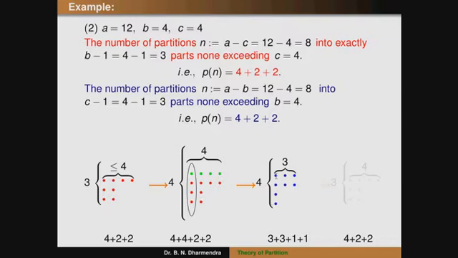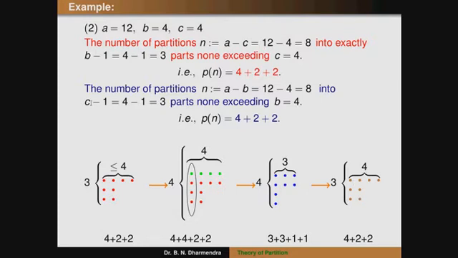So what is the conjugate? What we can take as the terms is 4 plus 2 plus 2. So therefore that can be written as 3 rows, that is 4 plus 2 plus 2. You can observe 3 rows means the terms of 4 minus 1, and also 3 parts. Okay, you can observe 3 parts and none exceeding 4. So when I have to take that column, none of them exceeds 4. So overall that partition is 4 plus 2 plus 2, that is 8.